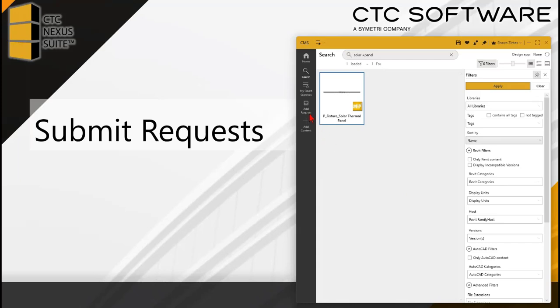Well, there's a button right here. It says Add Request on the left-hand side. If requests are enabled for your firm in the first place, this button will show up. And when you click it, depending on your firm's settings, you might go to the page that I'm about to target, or you might go to your own internal flow, whatever your internal company organizational flow is. So I'm going to talk about what this flow will look like if you're using the CTC flow